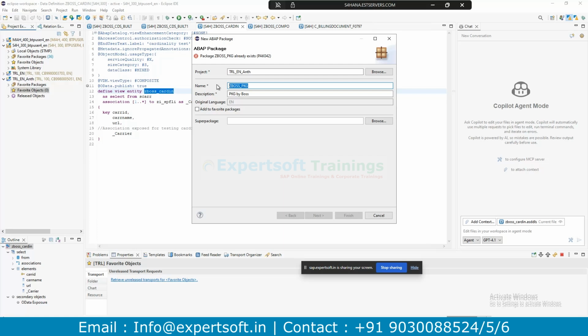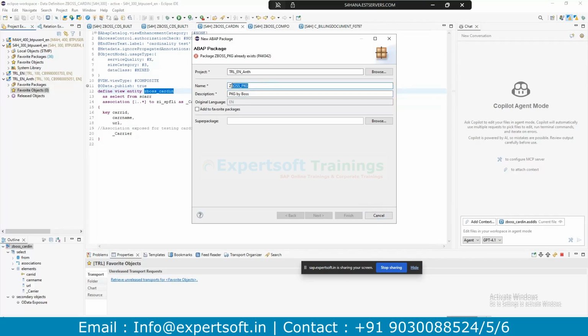Whatever one user creates in their trial account, another user can also access. But that is not the case in the public cloud, because only users of a particular organization can access that same organization's data. Since I'm currently using the trial account, that is the only reason I can access the artifacts of another trial account.